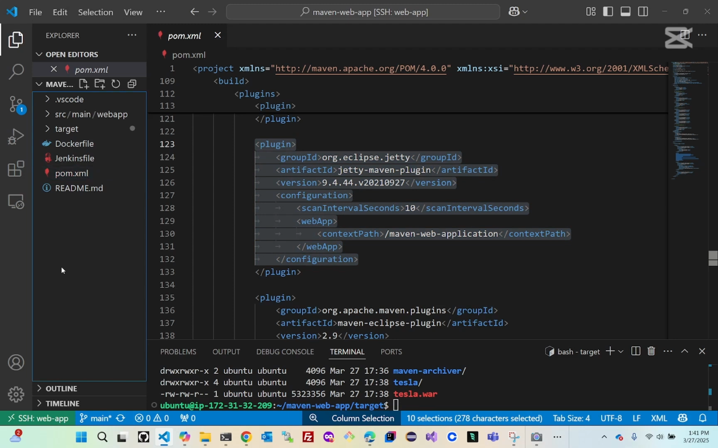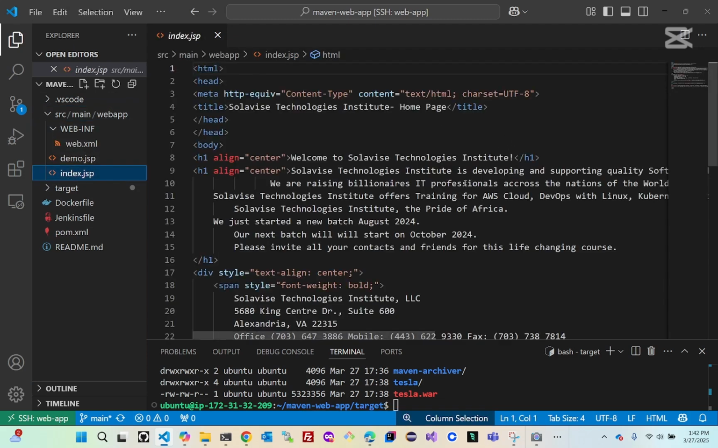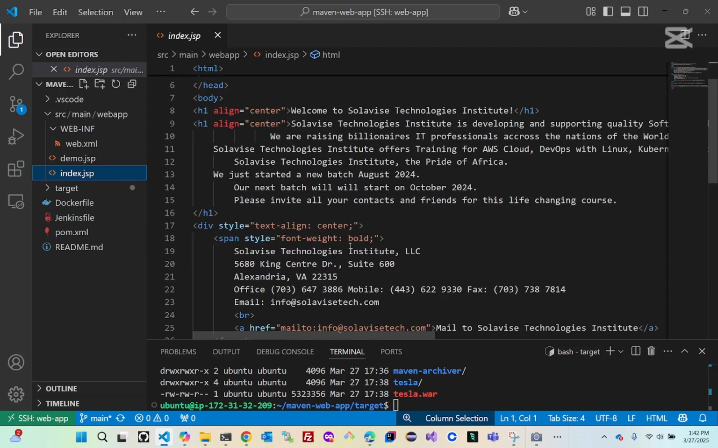Also, before we check it, let us see what the content of this application is. What are we expected to see on our browser? Let's go into the main, into the index.js file. This is the landing page of the application. When you start this application, you are expected to see SolarVice Technology Institute, and so on. So that's what you can expect to see. So let's go ahead